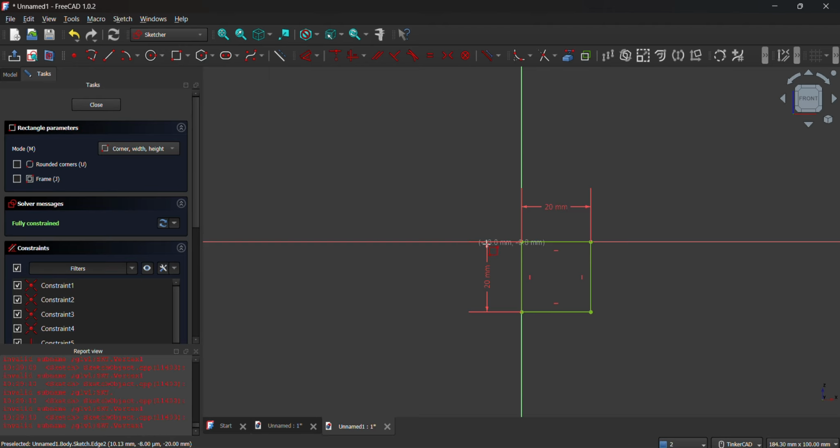Observe that it's already fully constrained because I started my drawing here at the middle or the center of the Cartesian plane, which is 0, 0. So this can no longer be moved up and down or sideward. If you want to fully constrain your first object, you can click here to start your object. If you happen to click somewhere, then you have to make it green first or fully constrained. So my tip is start at the center so it's fully constrained. Now click close. Again, make sure you are fully constrained. If not, use the dimension tool to fully constrain your object. Since my object is fully constrained, I'm going to click close.